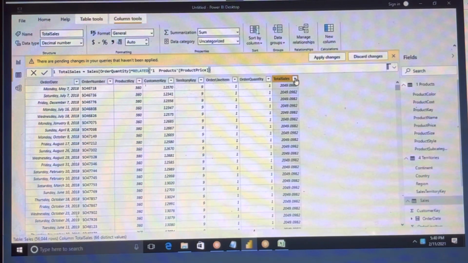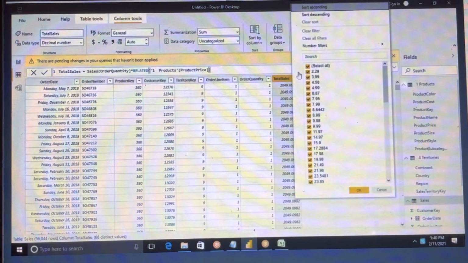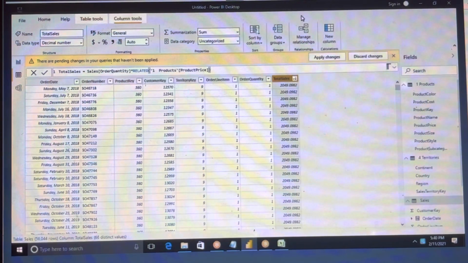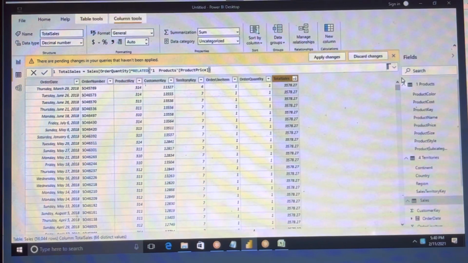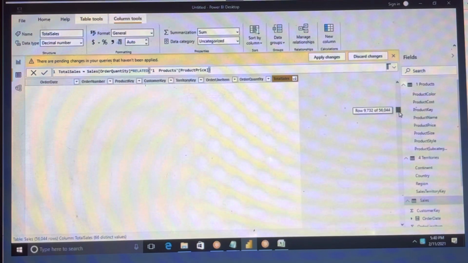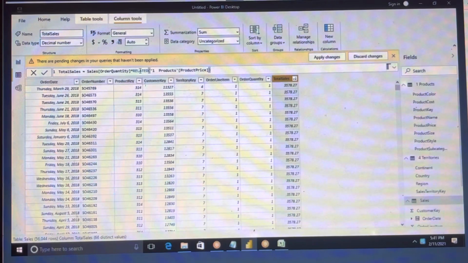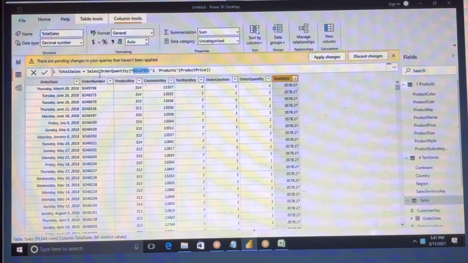See, you can see the data, right? If you scroll down, or else what we can do is sort it. If you sort it, you can see the data is changing, right? 1000, it is multiplied. So RELATED is the DAX function. By using related, you can multiply from one column to another table's column also.